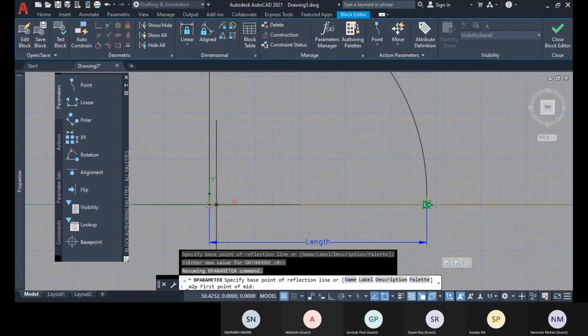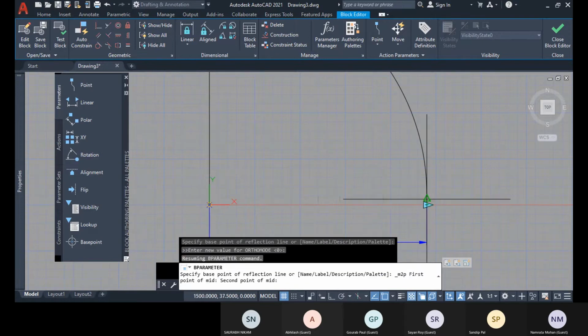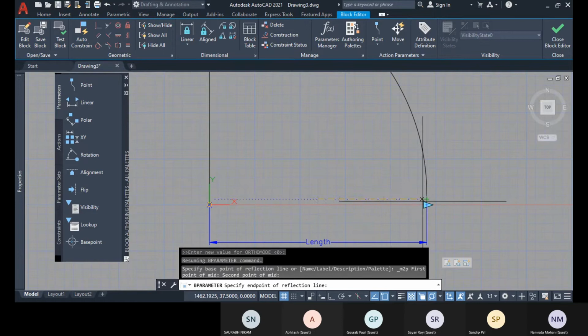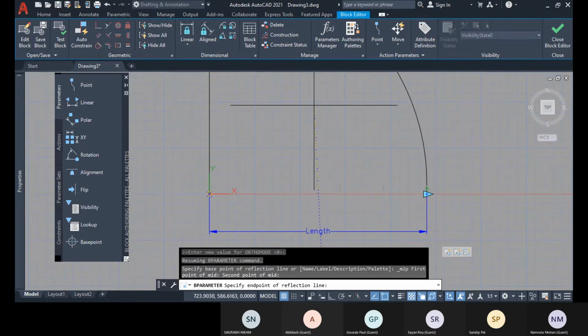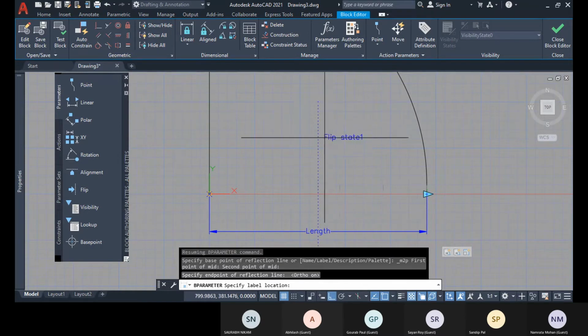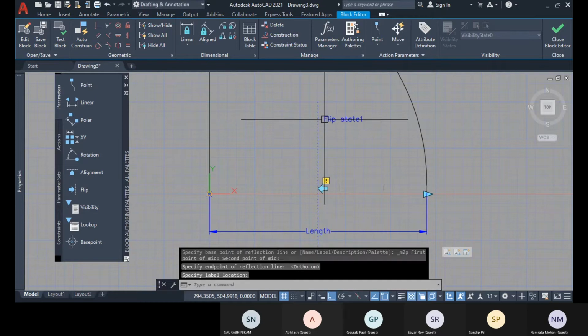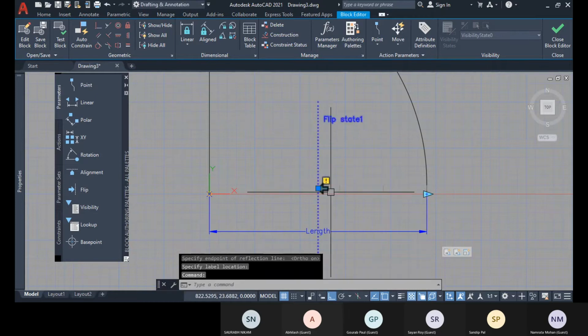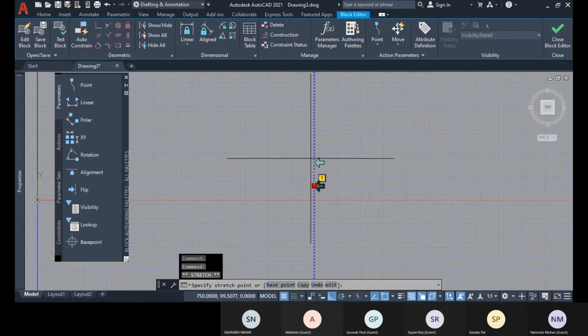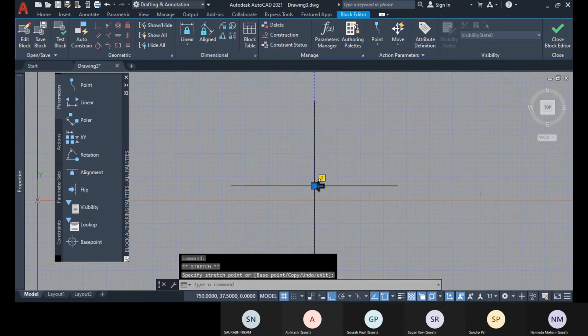So this is the first point here, and this as a second point, and between these 2 points I got this midpoint. Then you have to specify the axis. With ortho mode on, you specify the vertical axis and you place the label. Here you see, and after that you can also change this position as well.